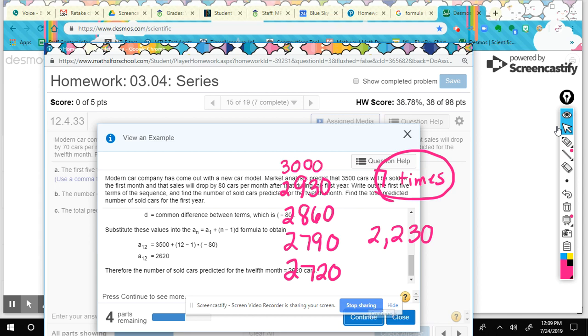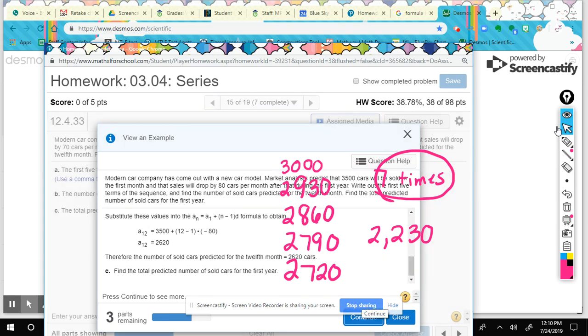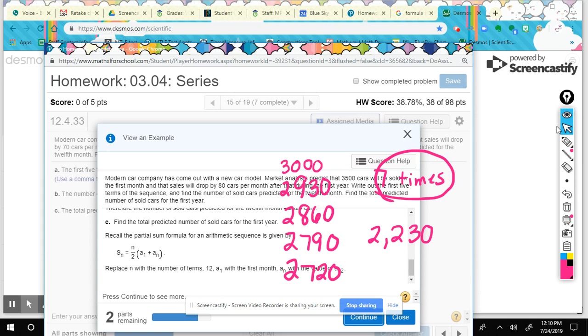Okay, here's the formula. Now we want the sum formula. Come on. There we go. So, oh, and it's for an arithmetic sequence. So since we are just subtracting, what you would do is you would type into Google partial sum formula for arithmetic sequence. It's just a different formula. So we would take n, so we want the sum at the end of 12